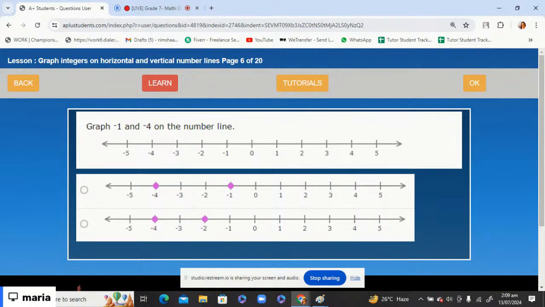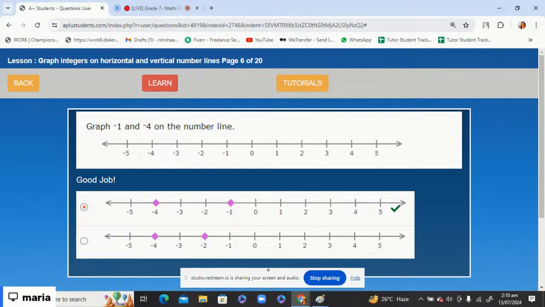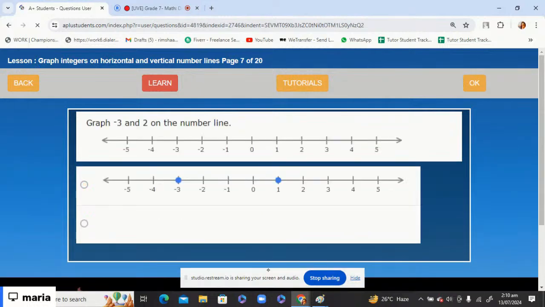Okay, now let's do the next. Graph negative 1 and negative 4 on the number line. So where is the negative 1 and negative 4? As we know, these both lie on the left side of the 0. So let's check, negative 4 and negative 1 lie here, the first option. So we will click the first one. Okay,